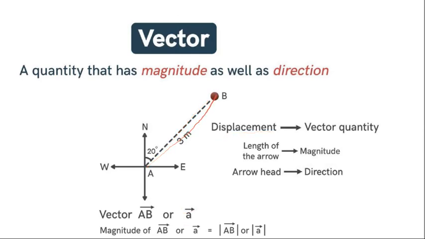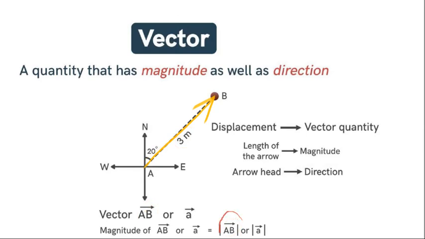So the example of a vector in this case is a displacement. This is a distance of how much? 3 meter. Apart from having a distance, this also has a direction, 20 degrees to the north. So it also has a direction. So here the length of this arrow, this length, how much? 3 meter, represents the magnitude. Magnitude is how much? 3 meter. So to write the magnitude of this vector AB, you can also write this one as AB between these two signs. Yeah. So to represent a magnitude, you write it like this.